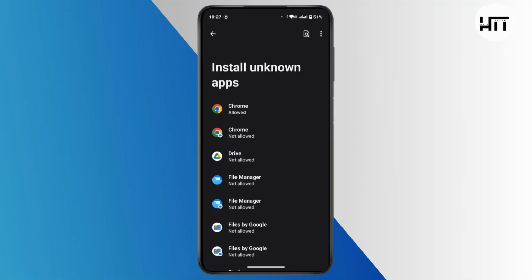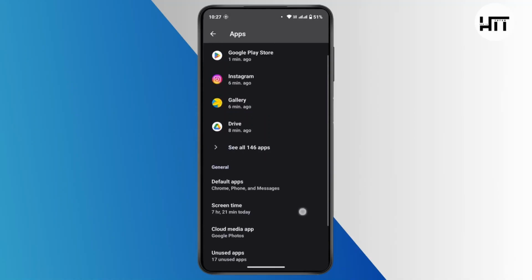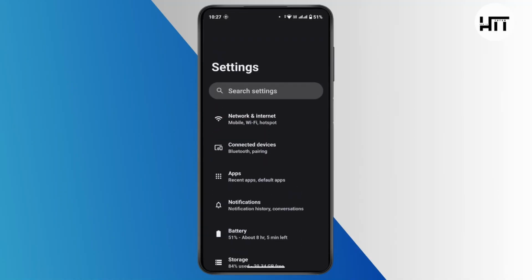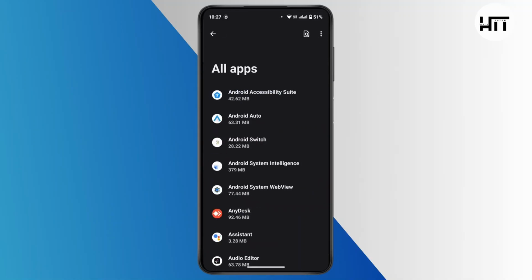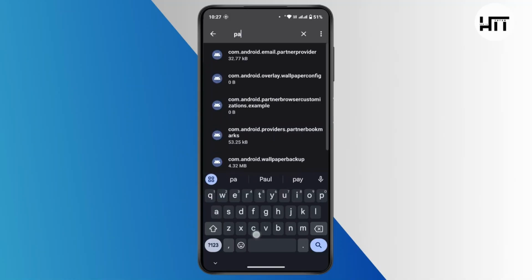And if that still does not help you, now the cache might be causing the issue. So in order to clear the cache, again you can close this. And under the settings, tap on apps, tap on see all apps. Here tap on three dots from the top right, then tap on show system. Here using the search icon, tap on the search bar or search icon and in the search bar, search for